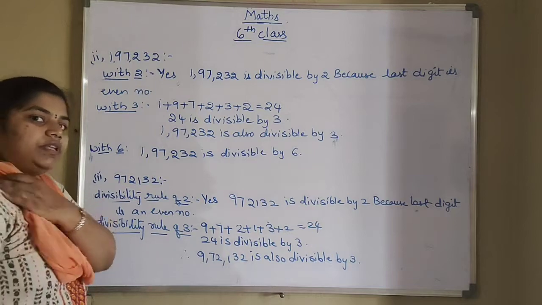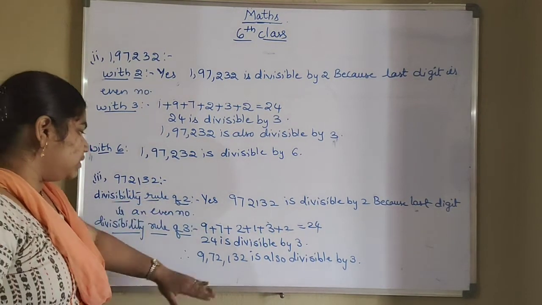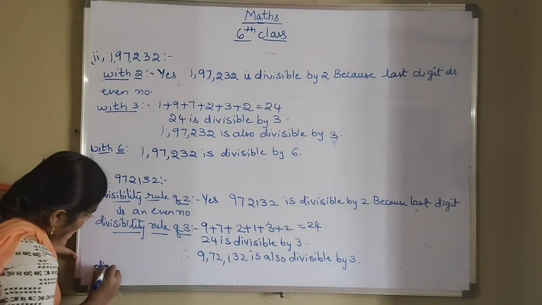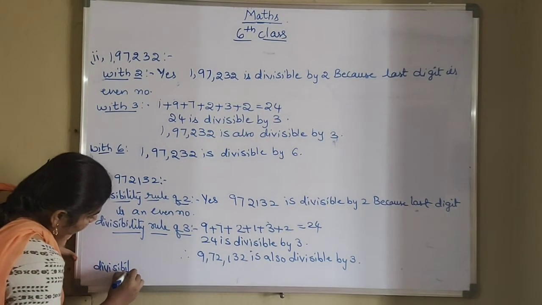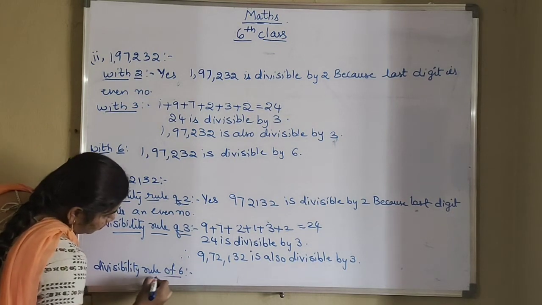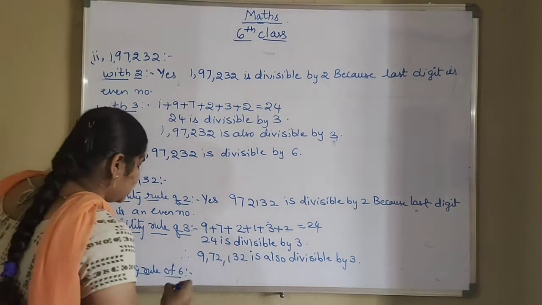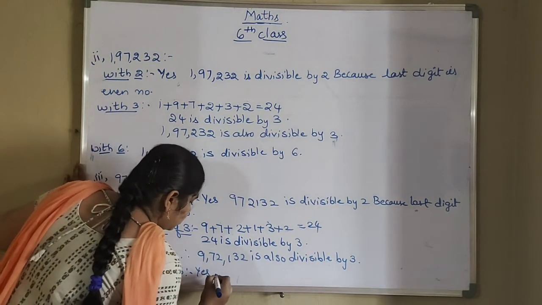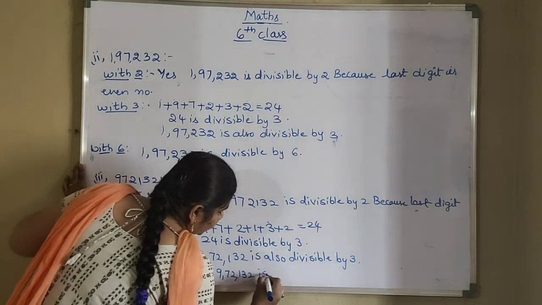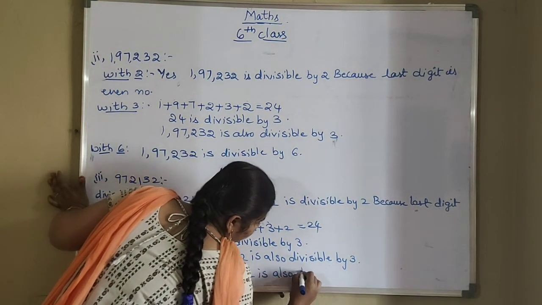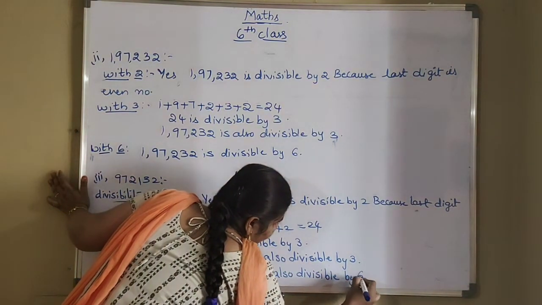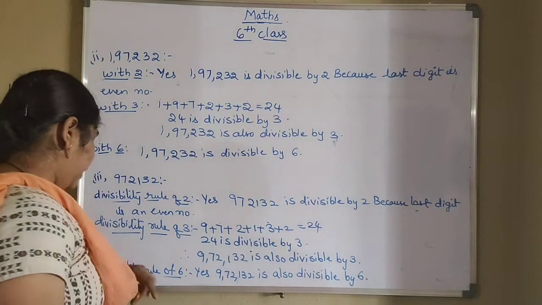Now we have to check with 6. 2 is also divisible, 3 is also divisible, so 6 will also be divisible. So what is the divisibility rule of 6? Yes. 9,72,132 is also divisible by 6. Okay, next